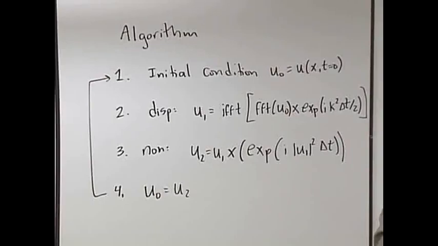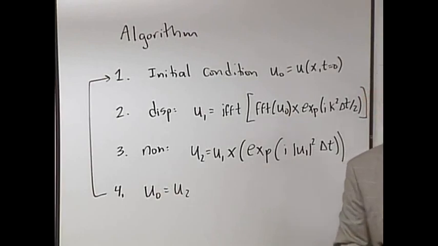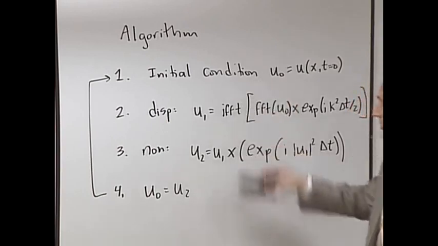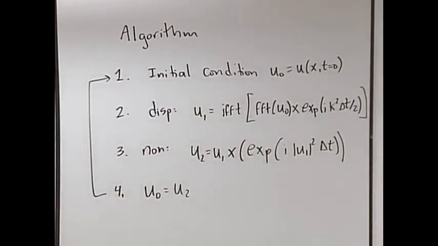Now, the question arises: how good is this? What's the error you make in doing this? Because it's a pretty nice little algorithm. The error is going to be associated with your delta t. So